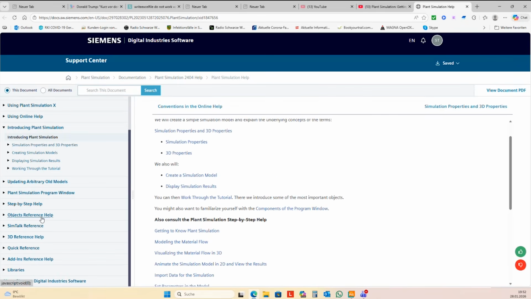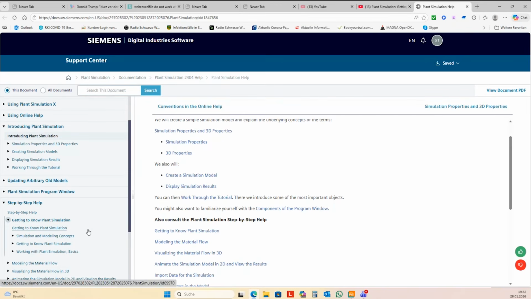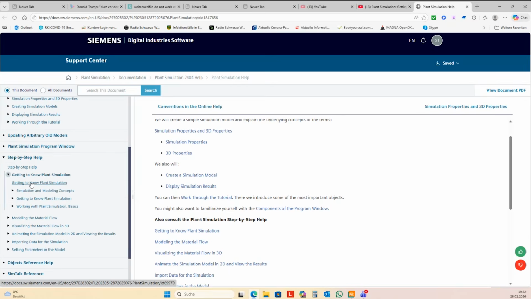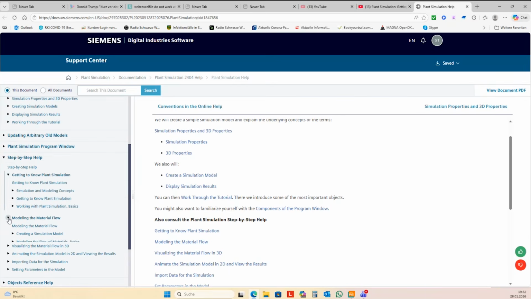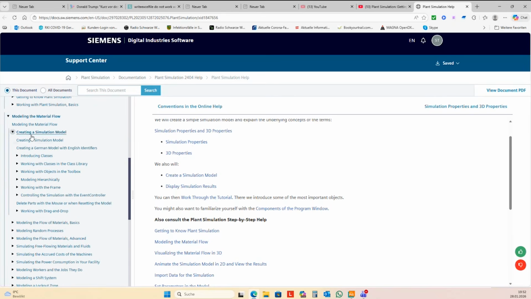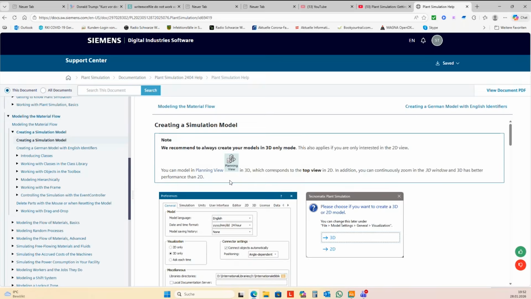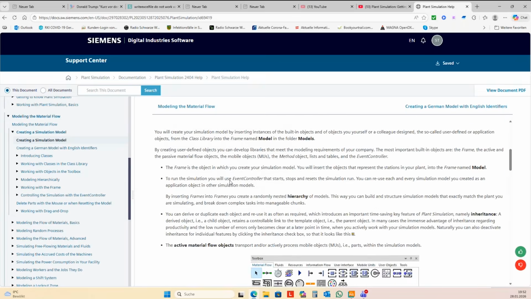And here there's a step-by-step help. And this is the former handbook of the software. Here you have basic lessons about how to start modeling, and really a lot of step-by-step examples on how to start with the software.